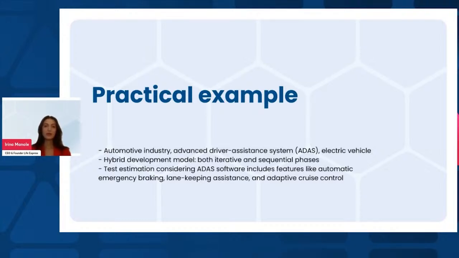Development process. It was mentioned in the notes that the project uses a hybrid model, so you'd need to estimate the effort for both iterative testing during the agile phases and more structured testing during the sequential phases. Another factor that would be important would be people. The testing team includes experts in automotive software, which helps in more accurate estimation. However, the project timeline coincides with the holiday season, which needs to be factored into the time estimation.